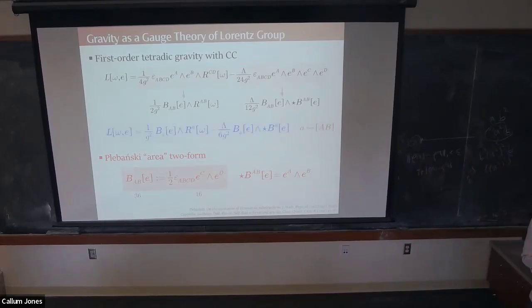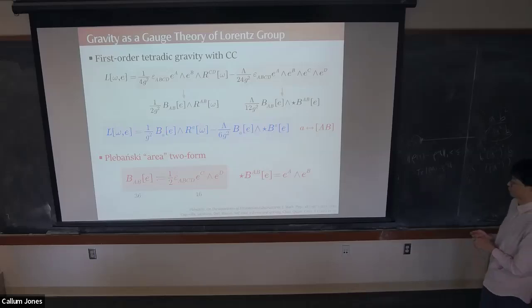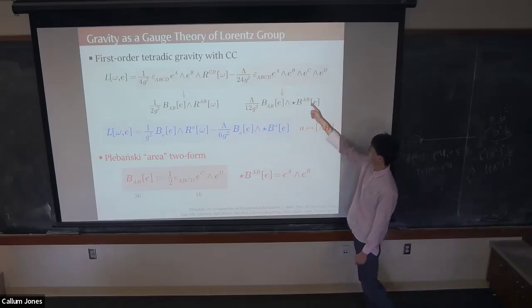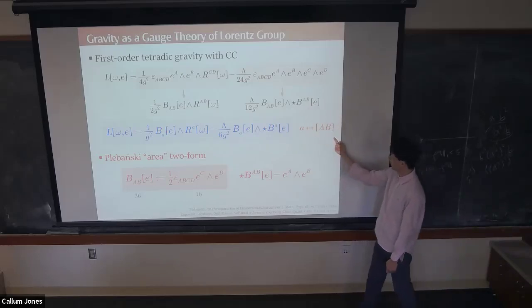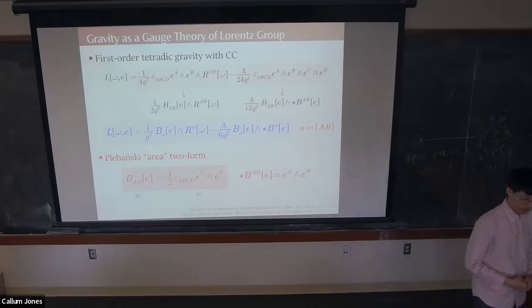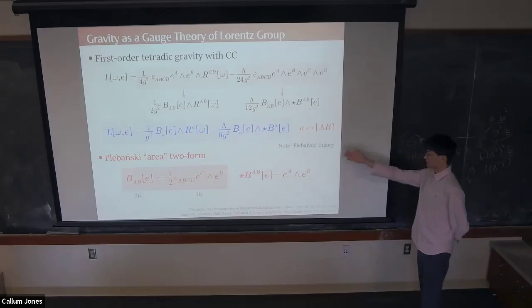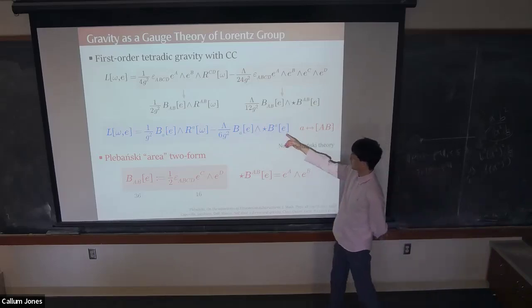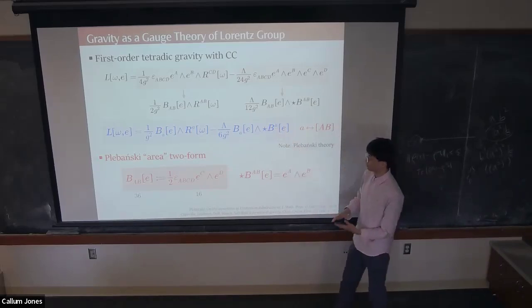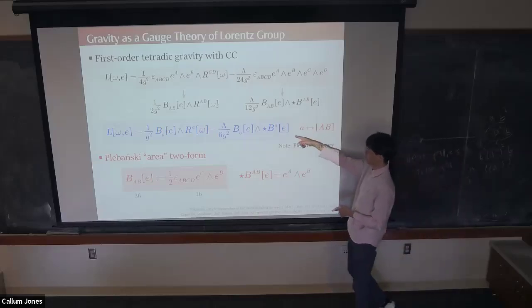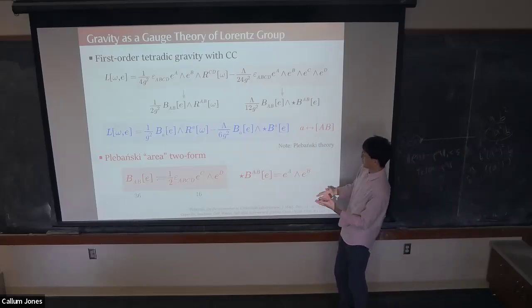So I can write down the Lagrangian form for gravity in this way, where the anti-symmetrized local vector indices are identified with the adjoint index here. And I should also mention that there exists a formulation called the Plebanski theory, which promotes this B field to genuine fundamental degrees of freedom by imposing a new constraint on the B field,